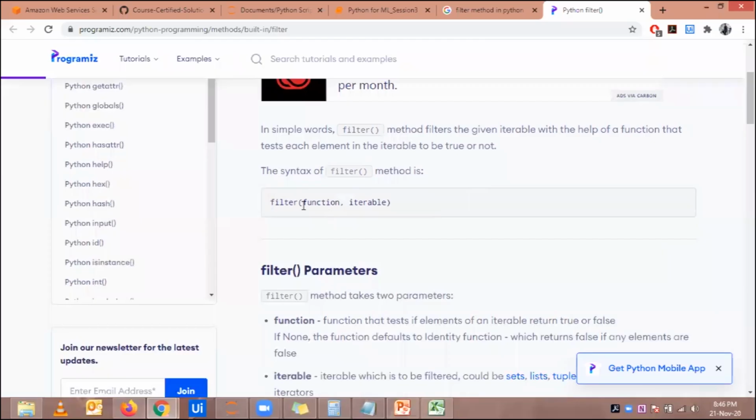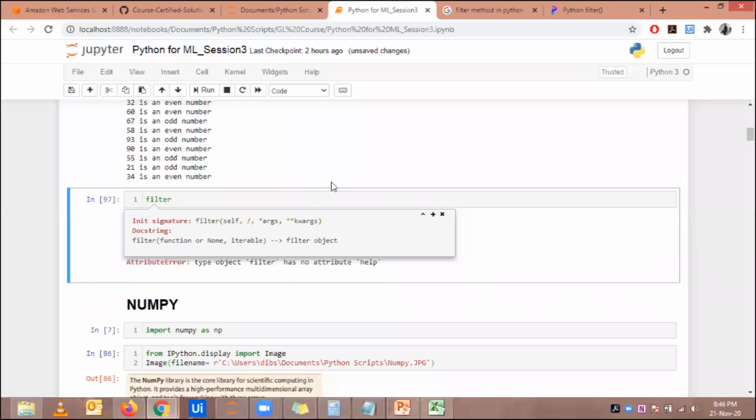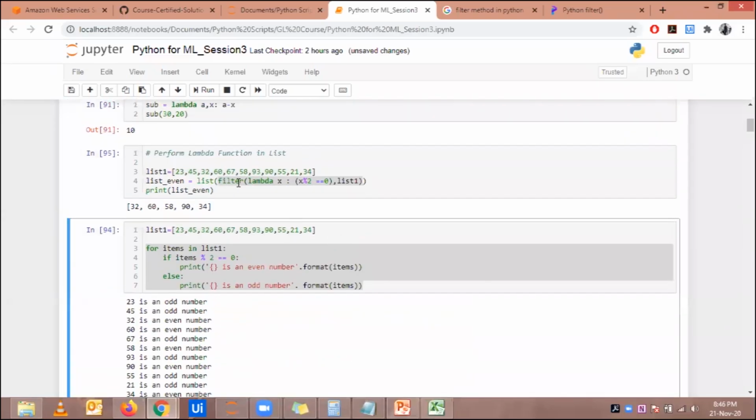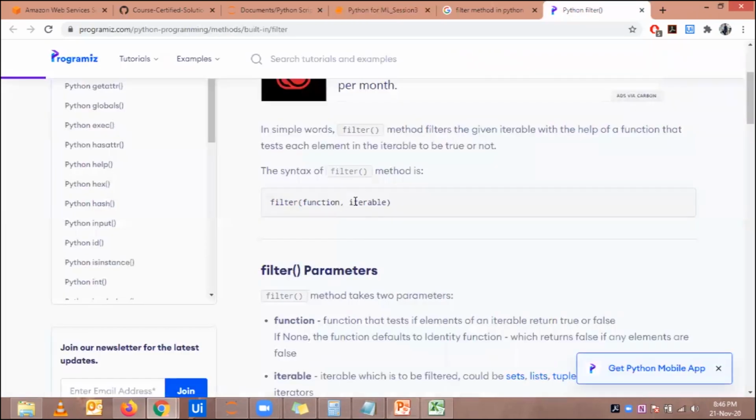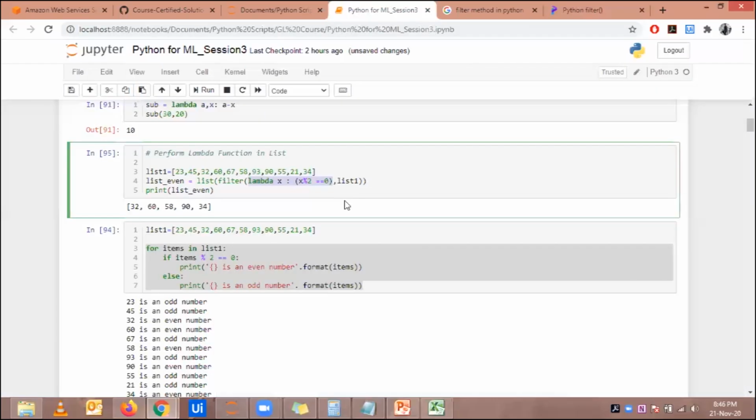So if I go to filter here, see, what does filter take? It takes a function followed by an iterable value. So my function was actually the lambda, and my iterable value where I have to iterate through each and every value was my list. So that's why this syntax would justify. So filter has taken the function first, which is the lambda, and then followed by comma the iterable object. My iterable object is list1. So this function should be executed where? So this is the function to be applied on list1.